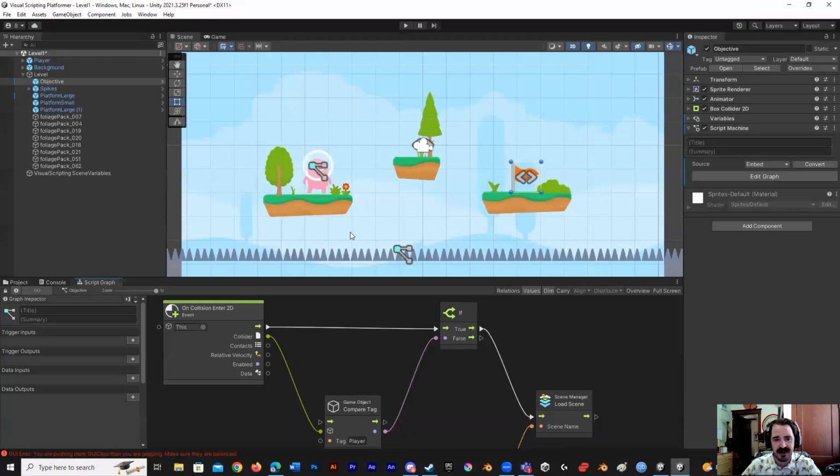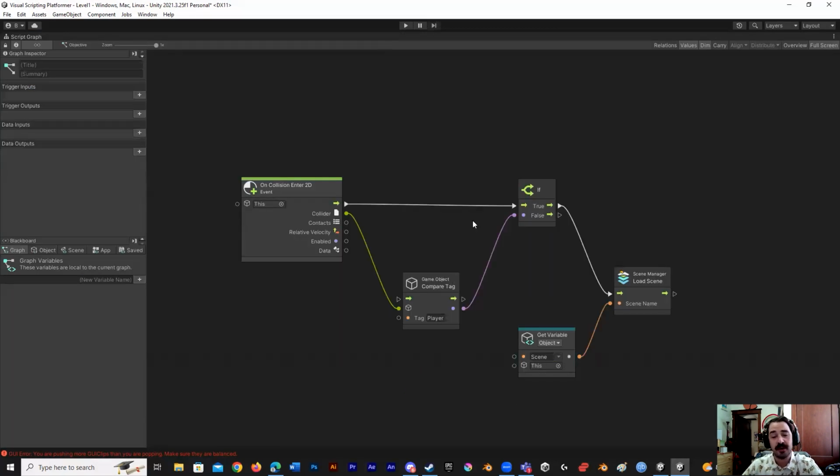is jump out of my inspector or my script graph inspector, and I'm going to go to my object. I'm going to make sure it's selected. I can either select it in my scene view up here or my hierarchy view. So if I hit objective and then I go back into my script graph, now what I'm going to do